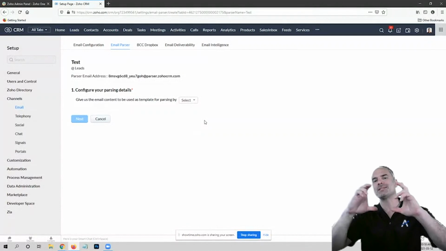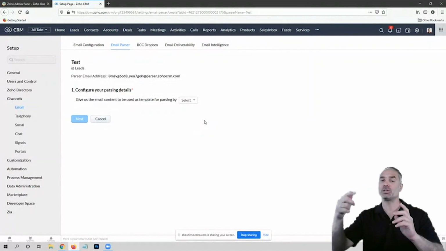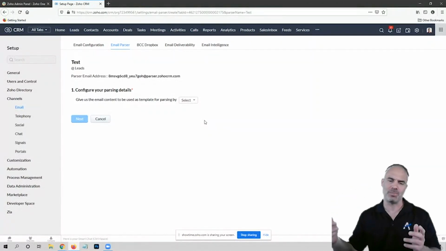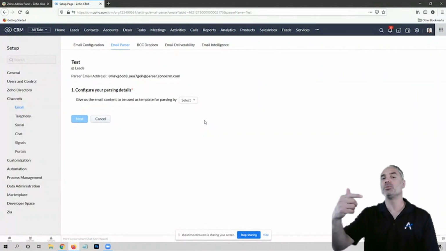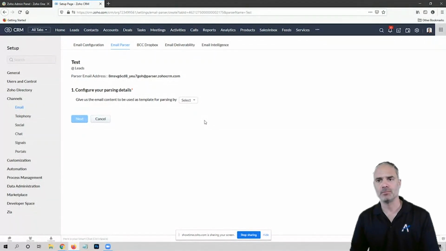As long as the structure is identical and just the values are changing, you can parse it as an email. That's fine. Okay, in which case that should be kind of a one template thing, unless for some reason another template comes through. Yeah, and it doesn't matter as long as there's an identifier that can reference it back to the deal, or whatever module.